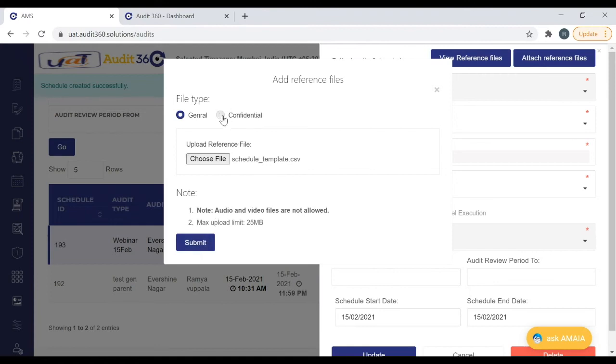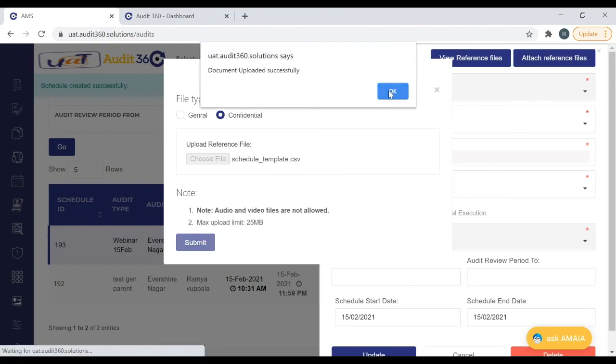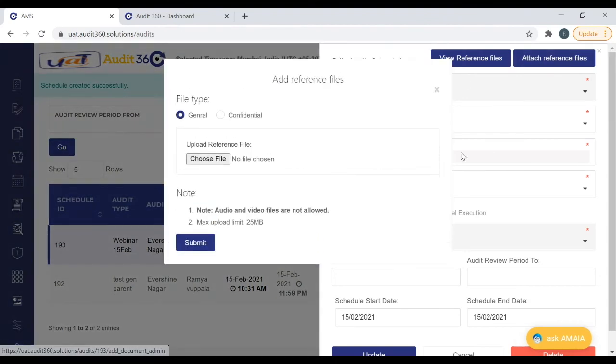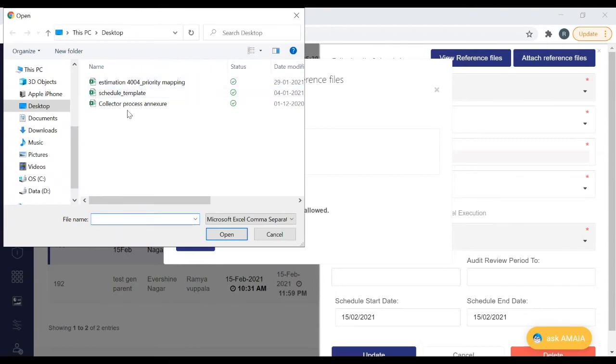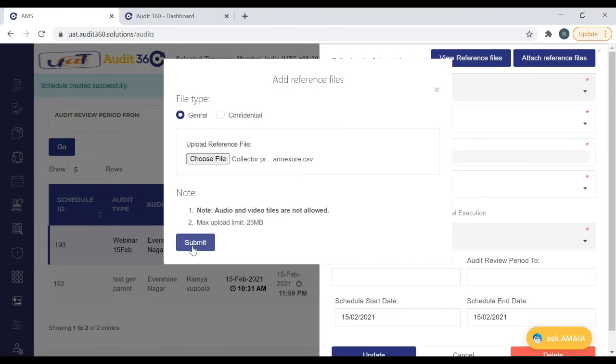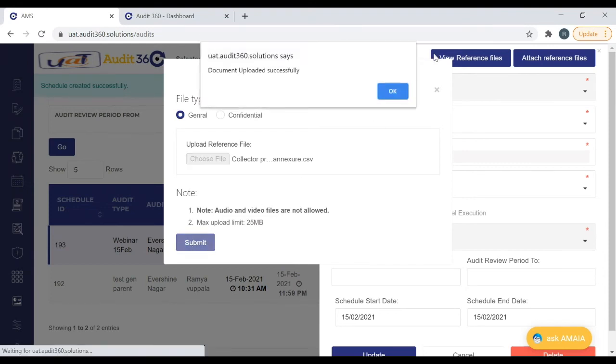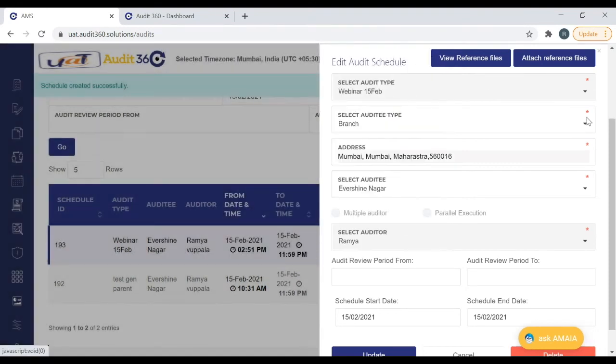Sorry, in confidential, let me upload this first. Now I'm attaching one more under general, sticking one more file. So there are two files which have been uploaded.